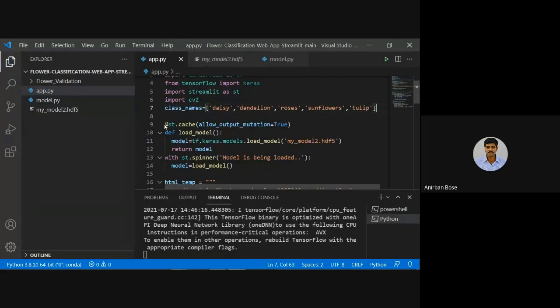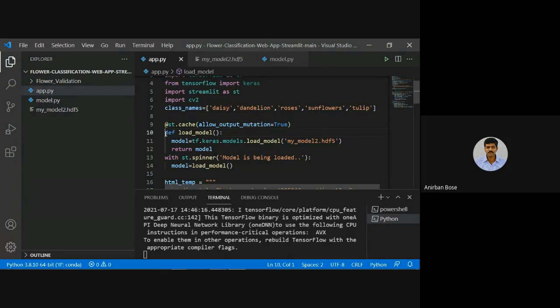Then you see that we have mentioned @st.cache with allow_output_mutation=True. That means when we are running the app, every time we do not want to execute everything. So once it is run, some of the important things will be in the cache memory, so that the next time you are running, it will take from there. So it will not take longer time. For that, this particular command is to be done.